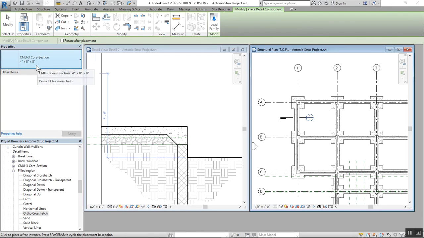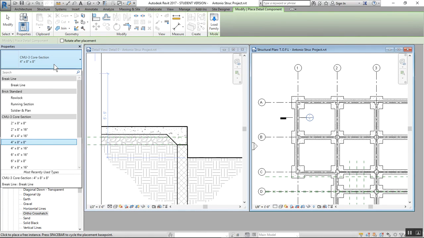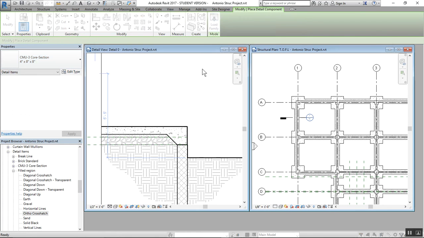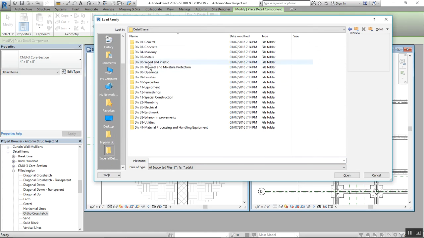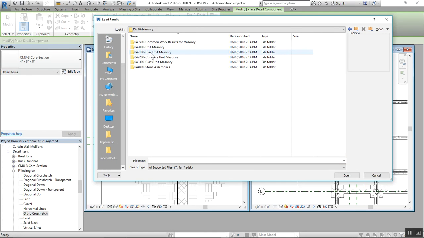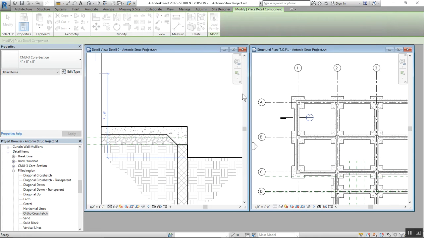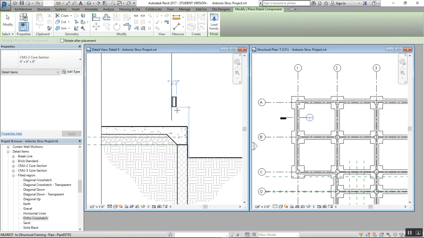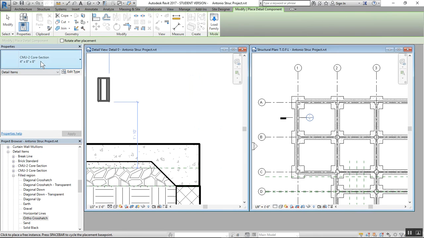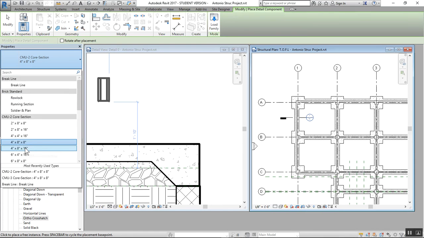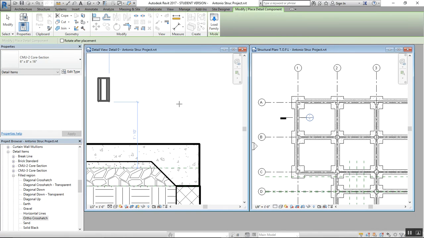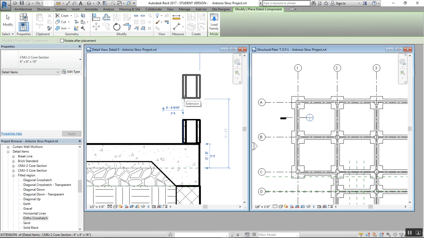So what we have here is the top section. I didn't want the top section, so I picked the wrong one. So I go back to load family, detail items, masonry, concrete unit masonry, and I want 2 core section. Press open. I think we're using 6 by 8 by 16. That will line up there. But instead of doing it like that, Control Z,